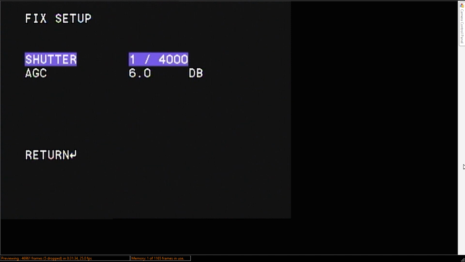If I left click, you can see we're increasing the exposure, 1/1000th of a second, and so on, all the way up to 1/50th of a second. Now these particular exposures are good for things, as I said, like the sun, the moon, and the planets. Depending on the night sky conditions, you'll select which one you want. For deep sky objects, you want to go for a longer exposure than 1/50th of a second. So if I left click again,